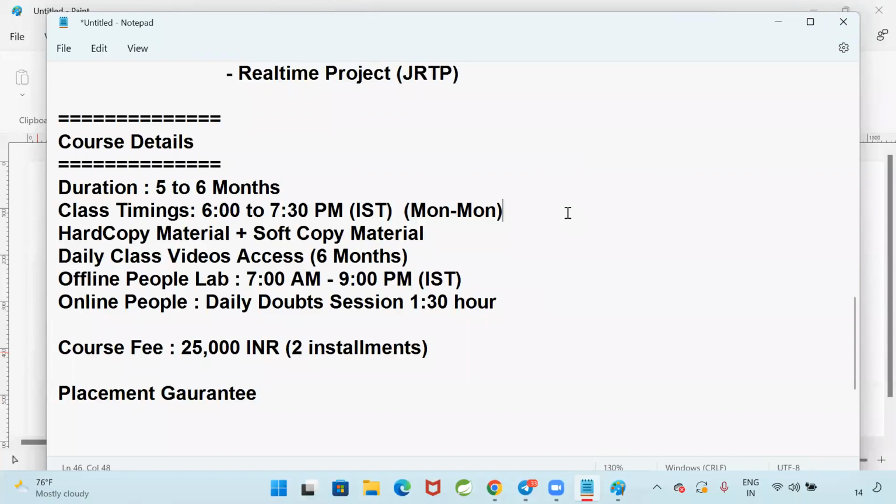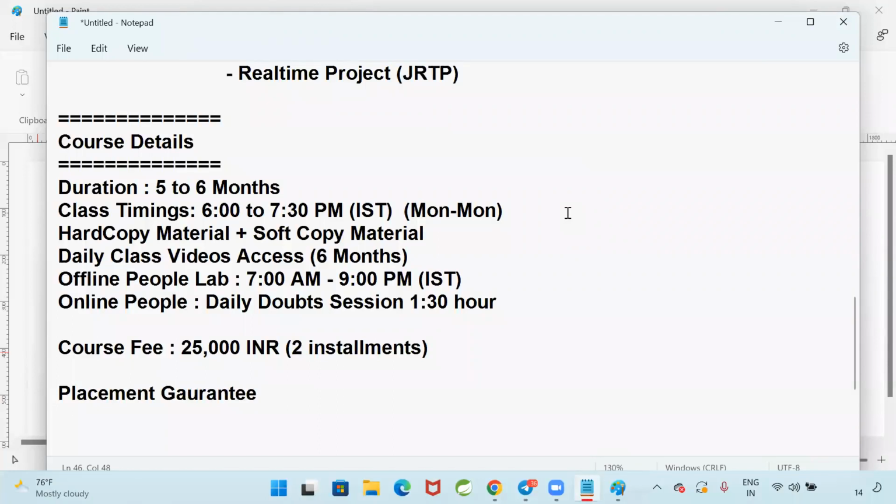My friends and colleagues who are working with me in the company, or who worked with me in the company previously, those people will come. They will share their experience with you, how they are working in the company and how they are taking the interviews. Because if you just listen to my classes, it is only one-way traffic, right? You need to inquire with different people. Then you will realize the reality.